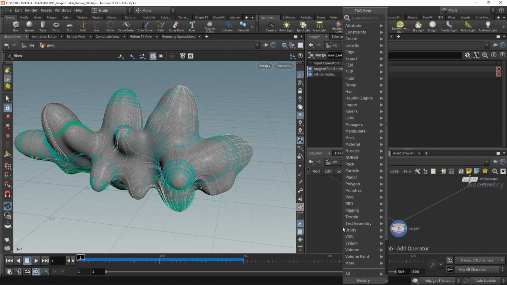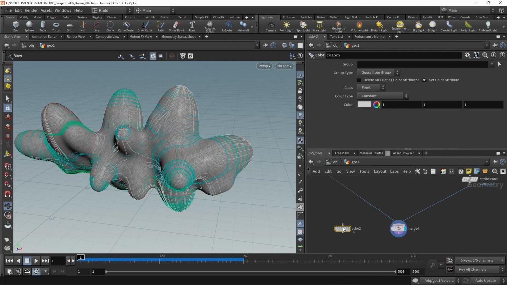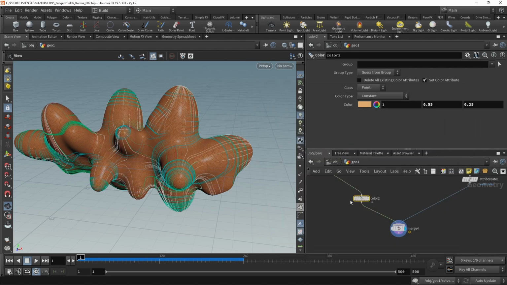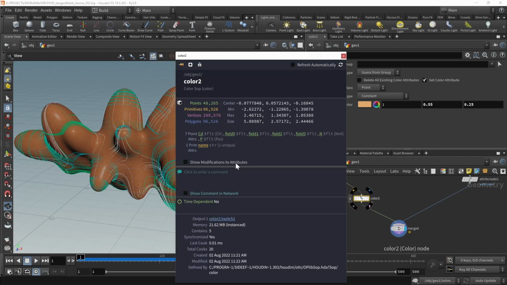For the underlying geometry, I also want to use a color node to give this a color. In this case, just a solid color. And let's set this to a reddish orange, maybe a hue of 24. And then just slightly desaturate it, something like this. If I visualize those attributes on this color node here, I can see those incoming 4 fields from my tangent